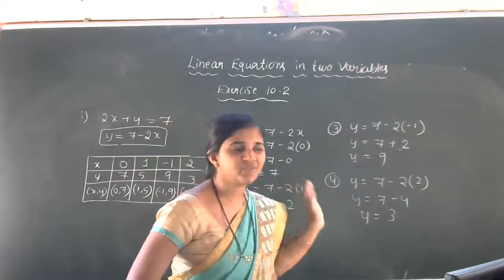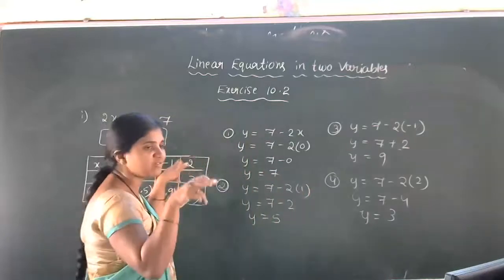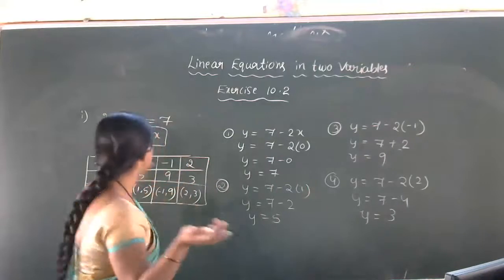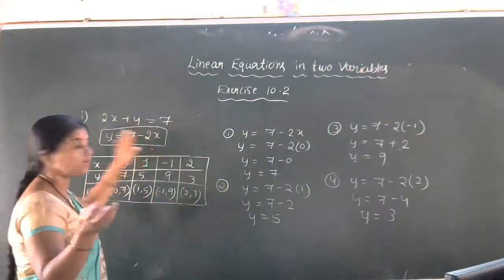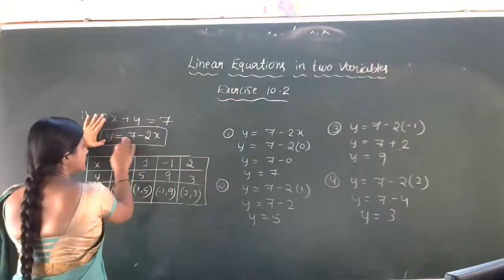If they ask for 10 solutions also, you can continue with this method only. Okay, so this is a very comfortable method. Any one value you have to choose, and for that value you have to calculate the remaining one. So which one do we have to choose? We have to see the given equation. Here we have converted the equation in the form of y, so y is equal to this thing.